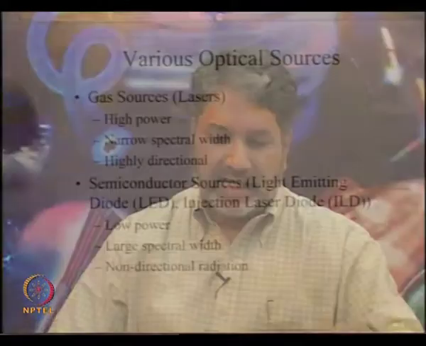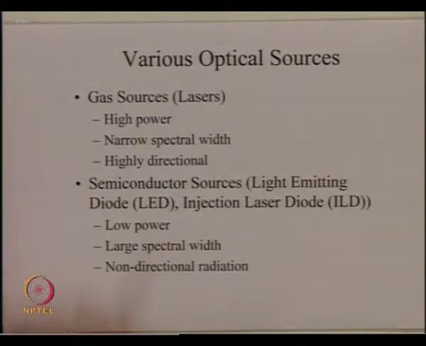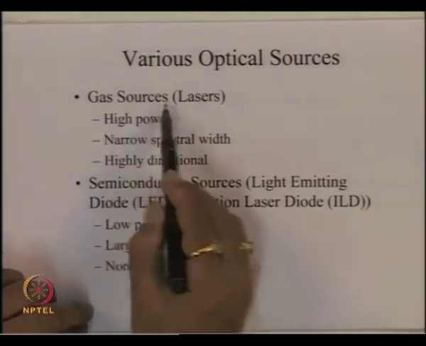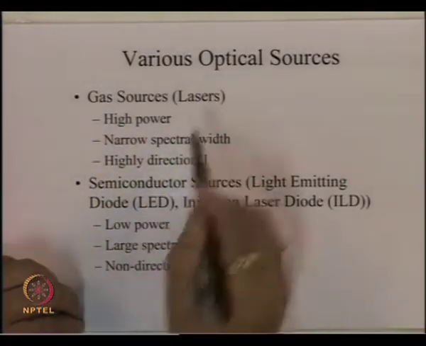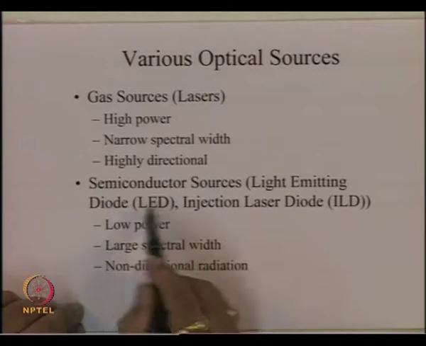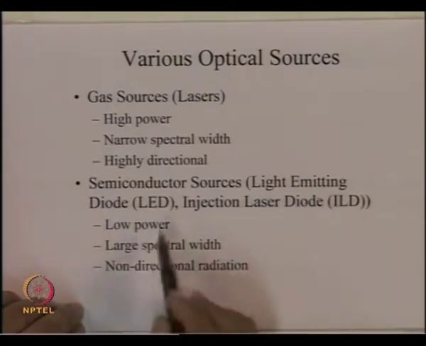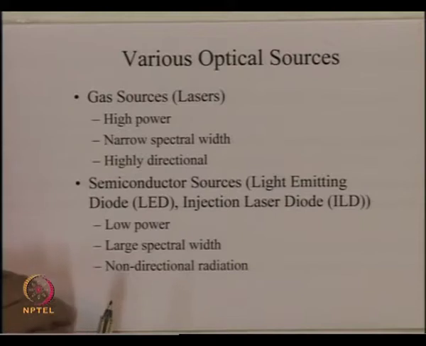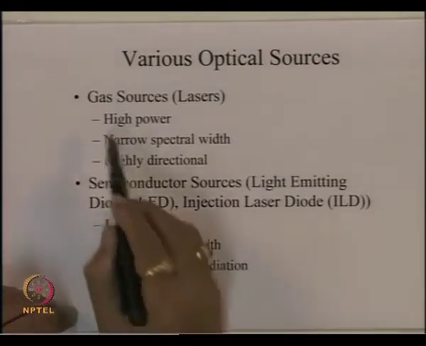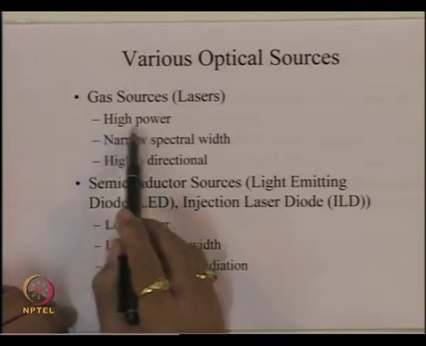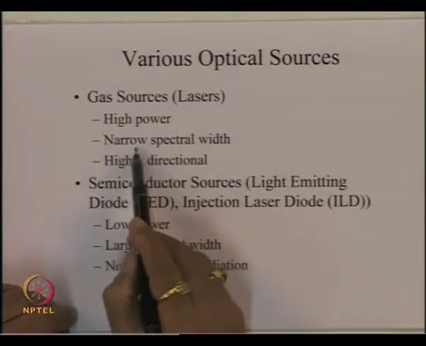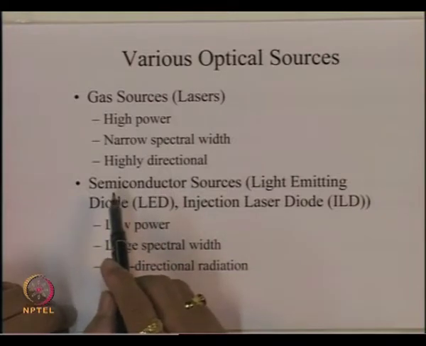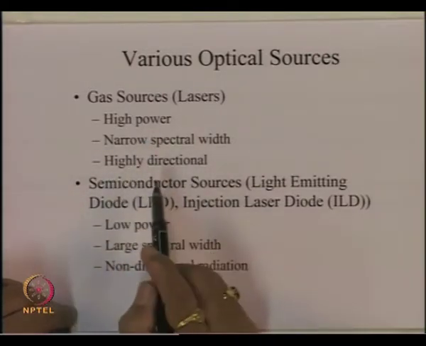So, what we see is that from these two desirable features, we can get the optical sources, which could be either gas sources, which are lasers, or they could be semiconductor sources, light emitting diodes or injection laser diodes. For the gas sources, of course, we can get a very high power. The gas sources generally have a very narrow spectral width, and gas sources are very highly directional. So, they can focus light over a very small region, or in other words, they can launch light very efficiently